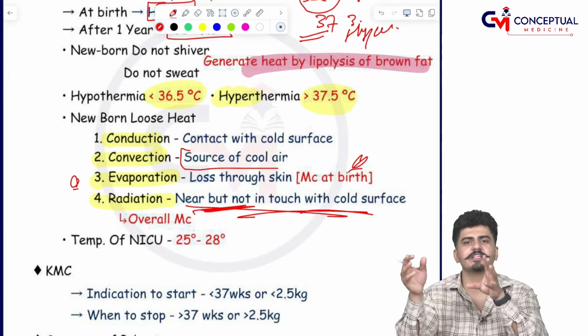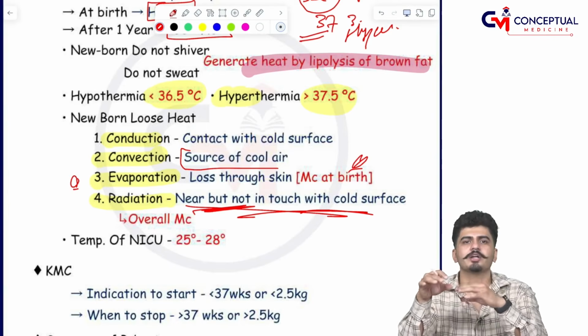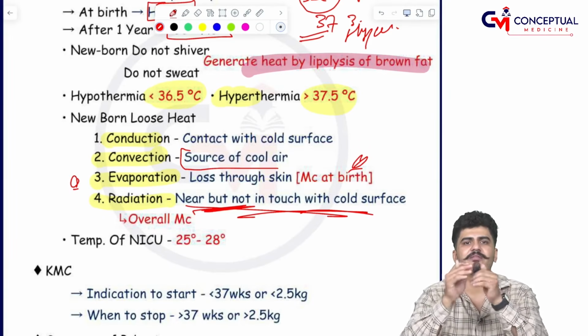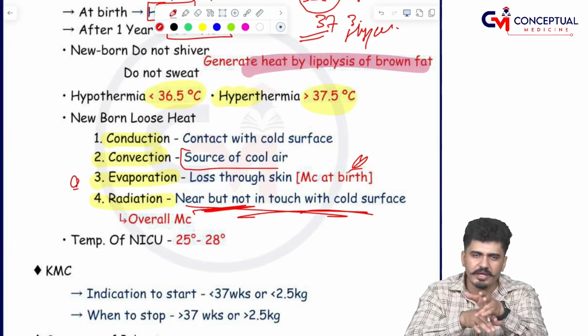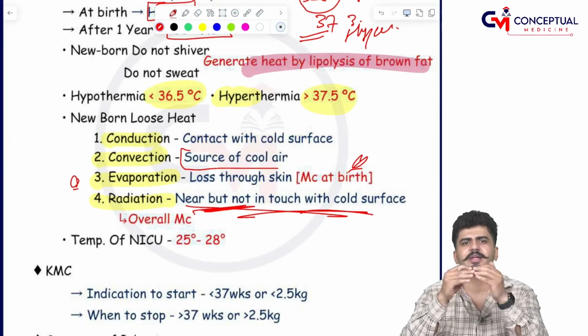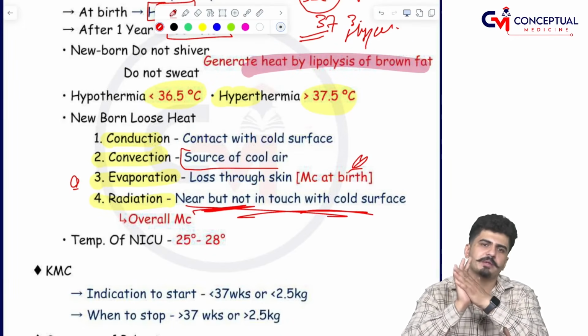These are the different ways by which the examiner can ask you: all of the following are ways of heat loss except, so he can give you lipolysis of the brown fat also. That is the exclusion, because that is generation of heat and these are losing of heat, my dear friends. Now coming to another PSM question,